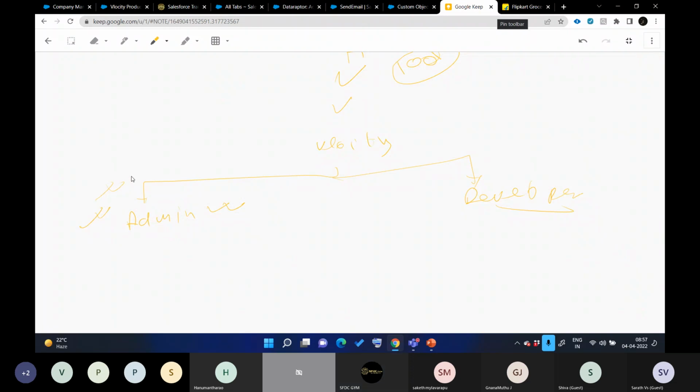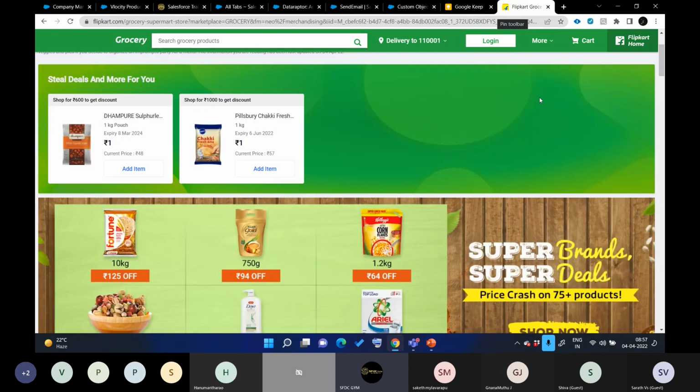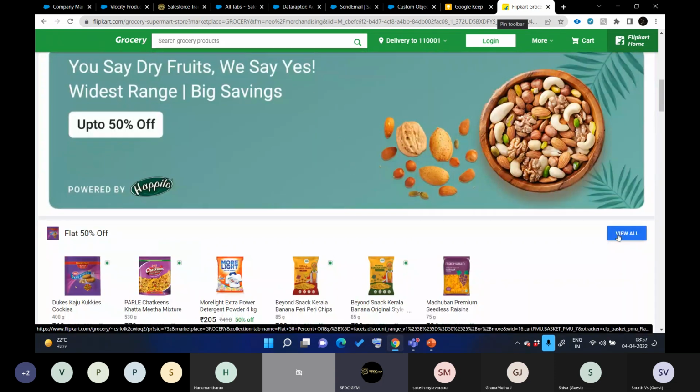Let's say we are not happy with what Velocity is natively offering, the UI that they are offering without any coding. The customers are not happy. They want to use their own branding. Let's say Flipkart comes with this green brand, right? And Salesforce comes with this blue icon.